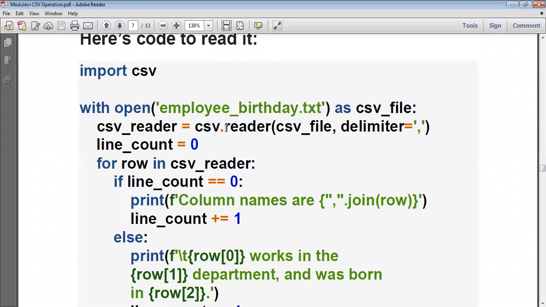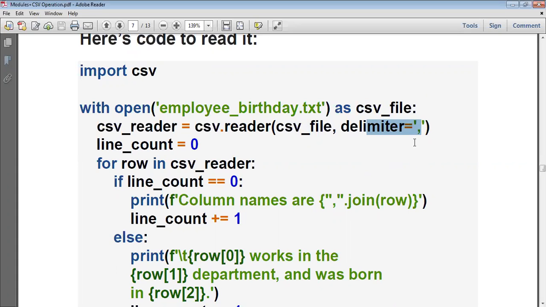There is a function called reader in this csv module. So csv is the module name, dot, and reader is the function. What parameters have I given inside? The file name, which is csv_file, and then the delimiter: how the file should be read, what separation is used.